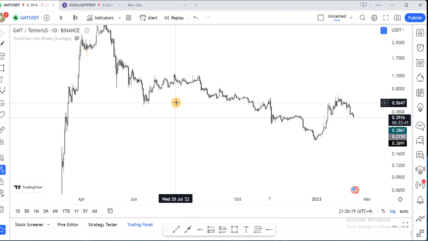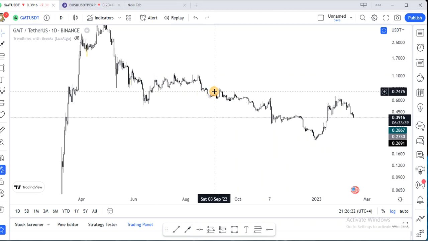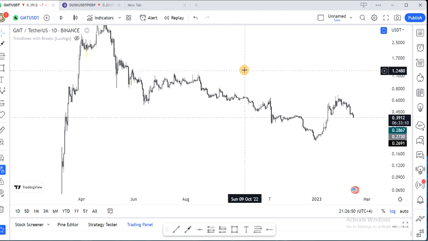Support is a level whereby the price of a coin has momentum. That is the level that the price of a coin bounces up to the upside. That is support, while resistance is the level whereby a coin gets sold and starts dumping from that level. For example, when you see a support level, you know that either a breakout or a breakdown will occur.